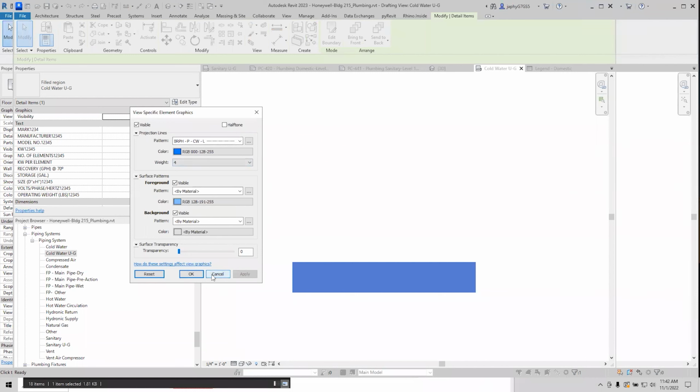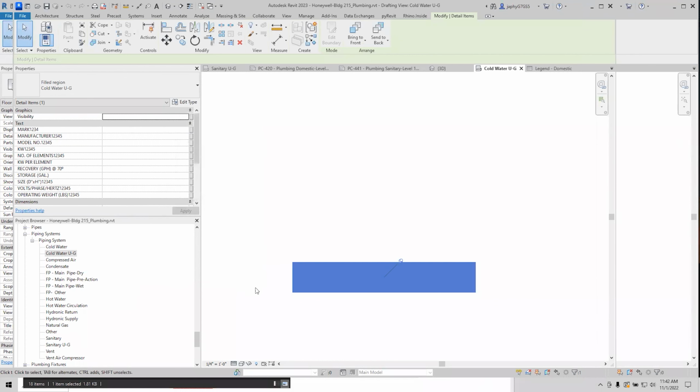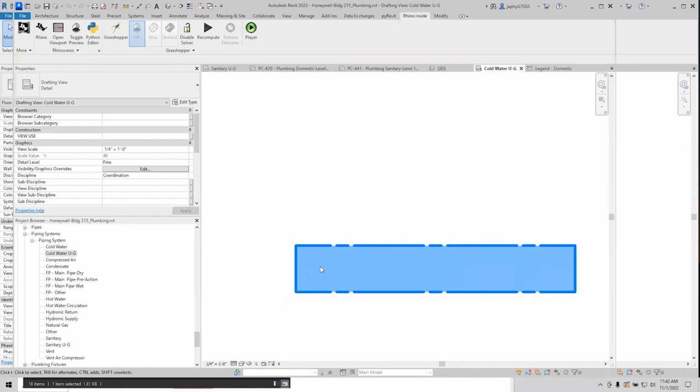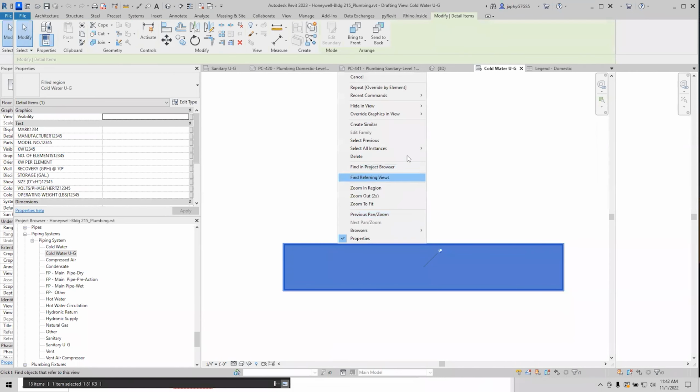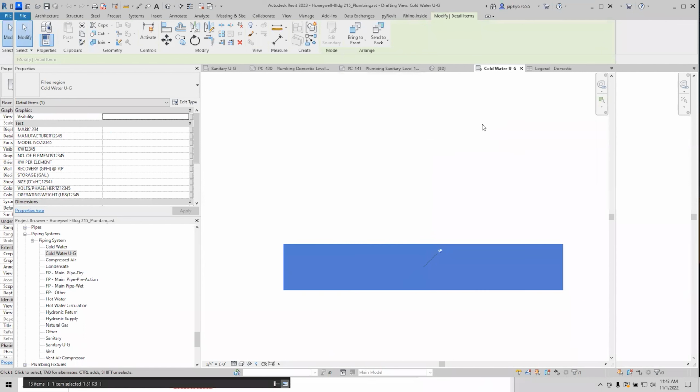And that actually worked out really well. So hopefully we'll get a graphics override component, so we can use these either by category, by filter, or by element. But these are the kind of workflows that,